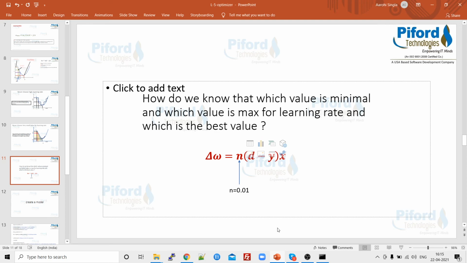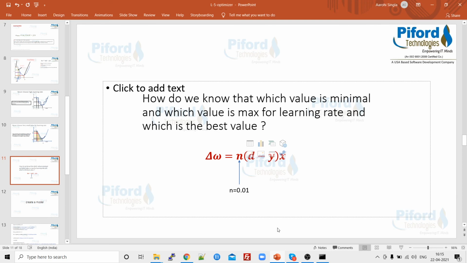Also track the error, and on the basis of these things, change your learning rate a little bit.